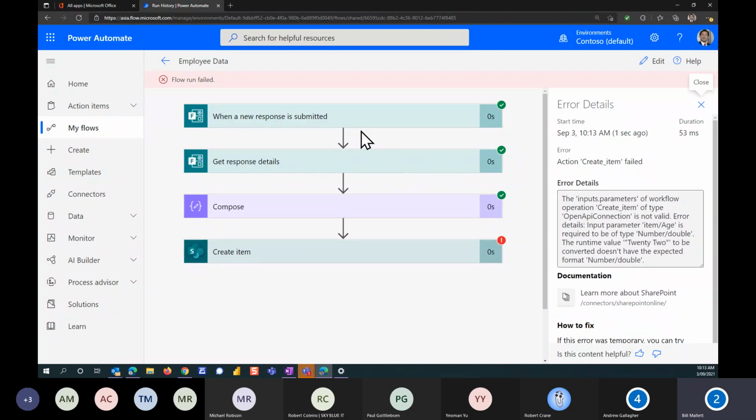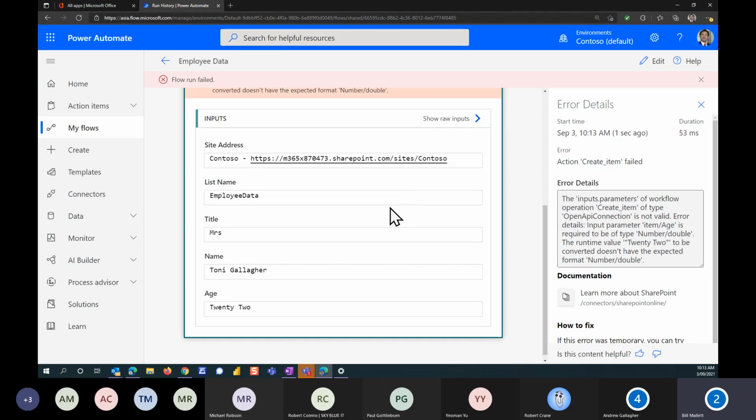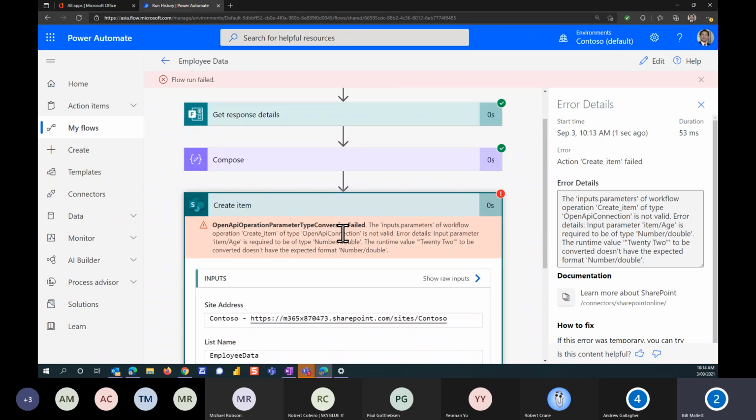Okay, now look what happens when I'm doing the test. You can actually see the steps that you've gone through, and over here, tick, tick, tick, fail. Okay, let's click on that one, see what it's telling us about what's failed. So here we now see the internals of what was going on. We see the inputs. We can see, list name, employee data, title, Mrs. That's okay. Name, Tony. Oh, age 22. Doesn't seem to be right. It doesn't match, as we see up here, the conversion. It's told us that we've got a problem. So, okay, that tells us what Andrew already knew, and that is that it was failing.